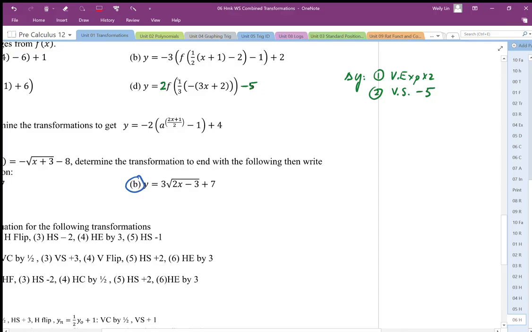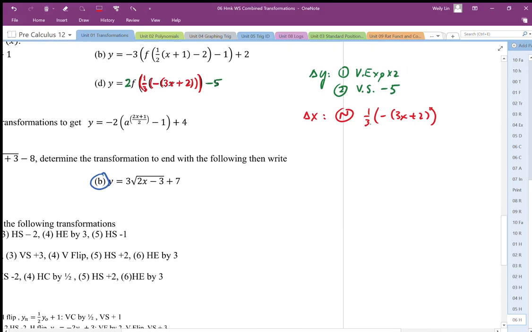Then I go on to the inside for my horizontal changes. Now, remembering that everything works backwards here, for my change in x, my notation is going to be 1/3 of negative (3x plus 2), and we need to have some brackets in there like that. Okay, and so when I undo this, I'm going to unpack it